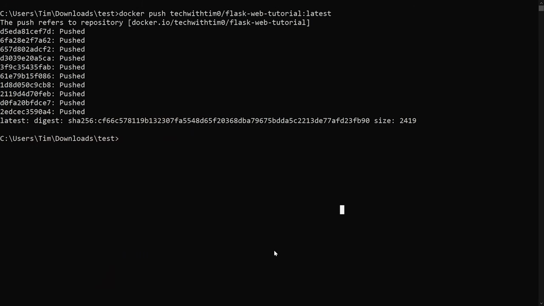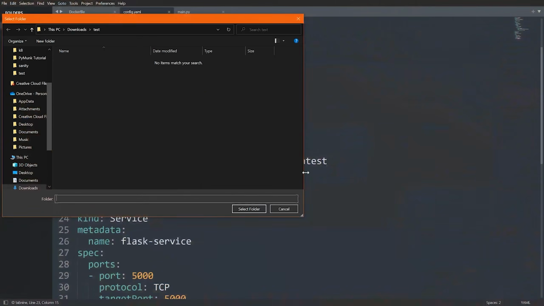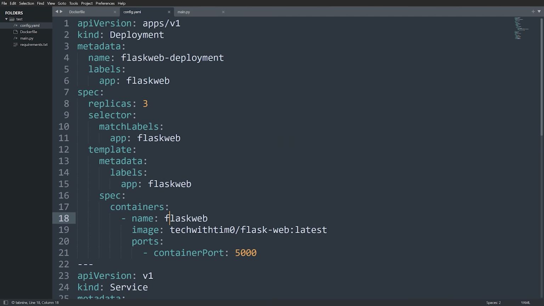So let's open up Sublime Text, which is what I was using here. Okay, Sublime Text though. And now all I need to do is, inside of my spec here for the deployment, change the image that I want to run to be the name of the image that I just created. Now, again, for you guys, it will be different. I mean, theoretically, you can actually use this because it's public. So you can just put in what I have here